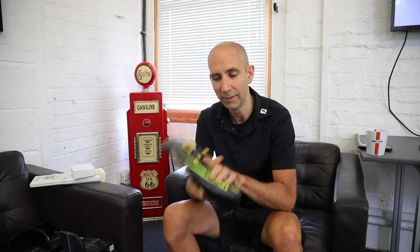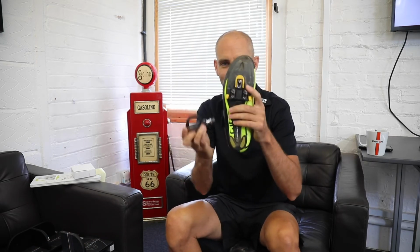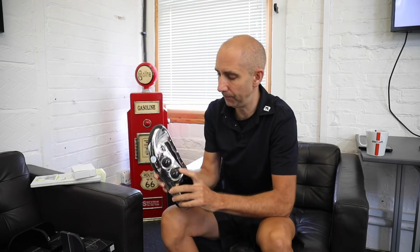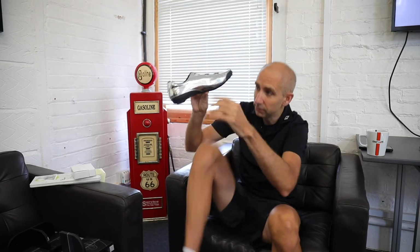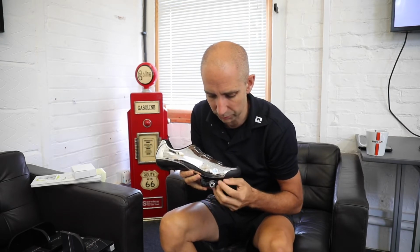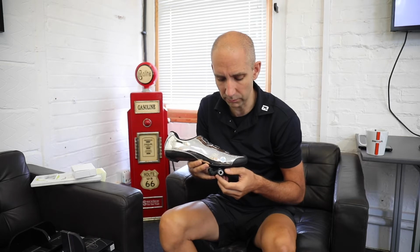So these are my shoes. This is the cleat, which locks into the pedal like that. I've got the wrong pedal, wrong shoe. But anyway, the way that we used to align cleats used to be like this. You have this part here, which is your first metatarsal. And the pedal used to fit basically under here, so that the axle was directly under the ball of the foot. But what we ended up finding was that it put a huge amount of strain on the foot